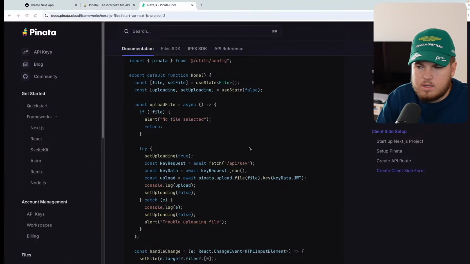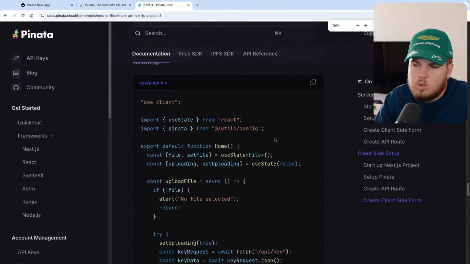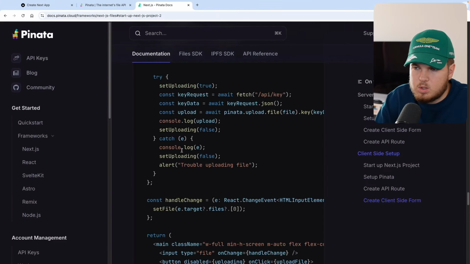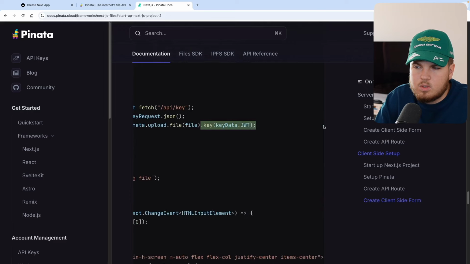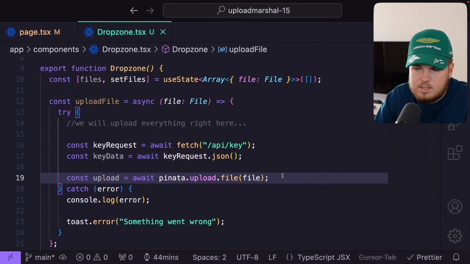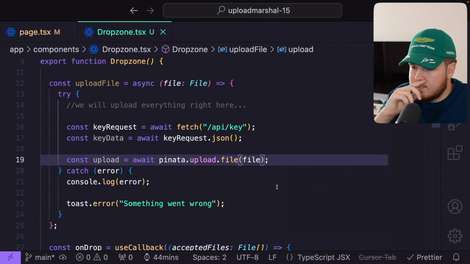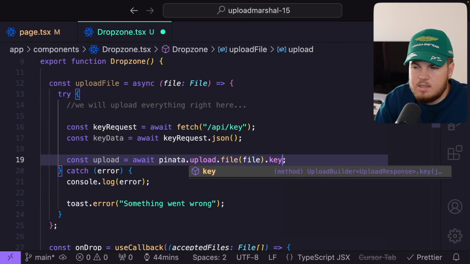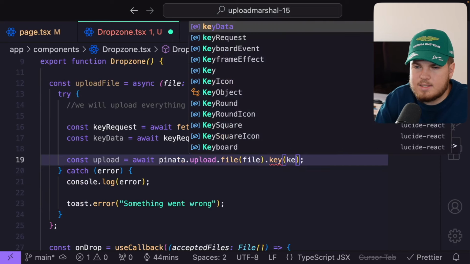So if you can go back to the docs, they showed you right here, you want to use the .key right here. So where do we have it? We have it right here. You want to use the .key method, and you want to pass your temporary API key. So I can go again right here to our code, and then at the end, I can do a .key, invoke it, and then we can pass our key